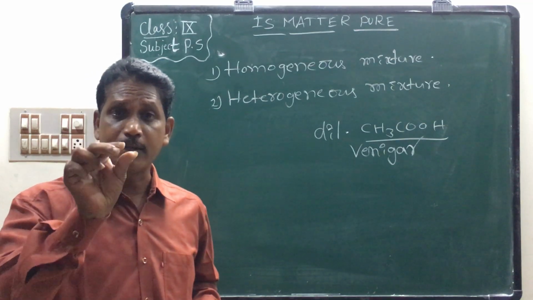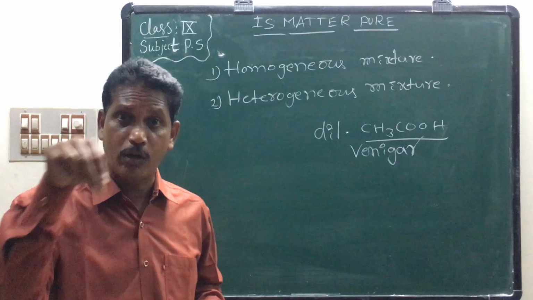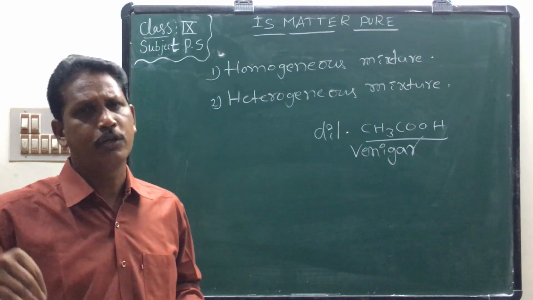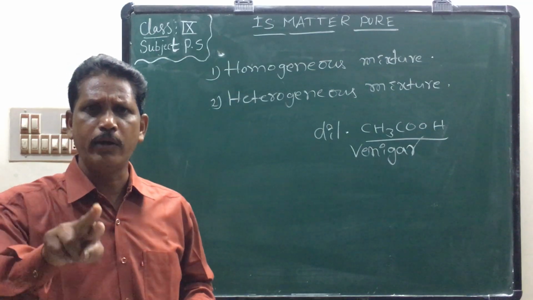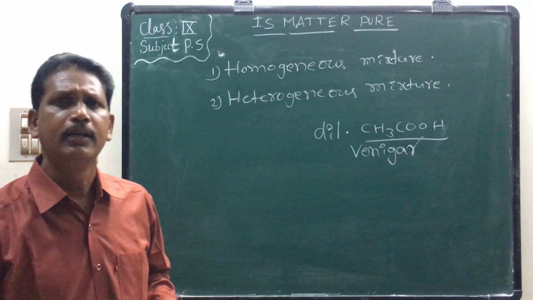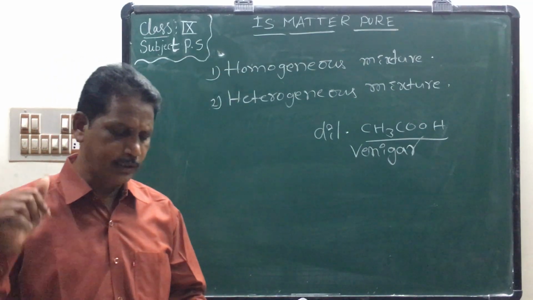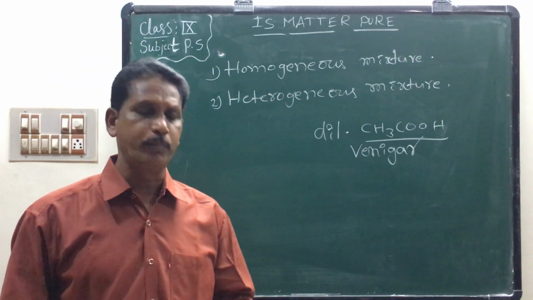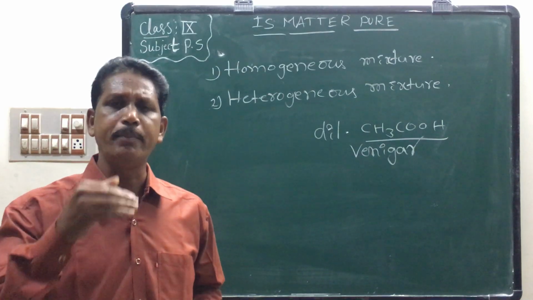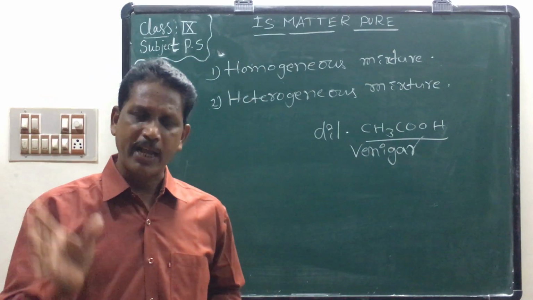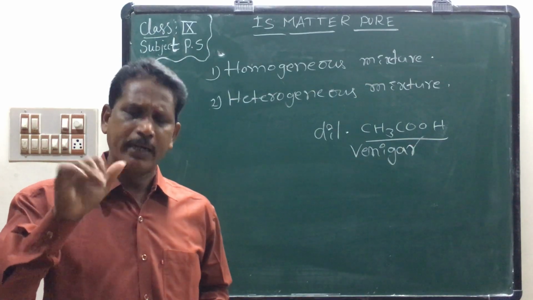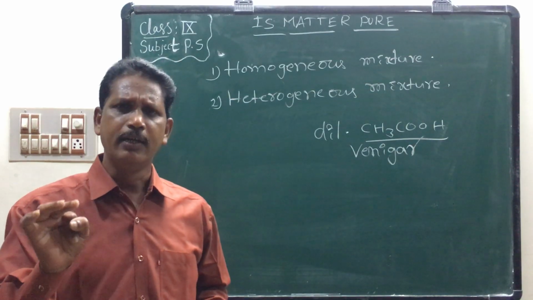Naphthalene, the mothball, dissolves in kerosene. Naphthalene is a covalent compound, and kerosene is also a covalent compound. Covalent substances dissolve in covalent solvents. That is a homogeneous mixture. For example, air is a homogeneous mixture of many gases. Air is a mixture of several gases: carbon dioxide, oxygen, sulfur dioxide, sulfur monoxide, nitrogen, hydrogen, etc.